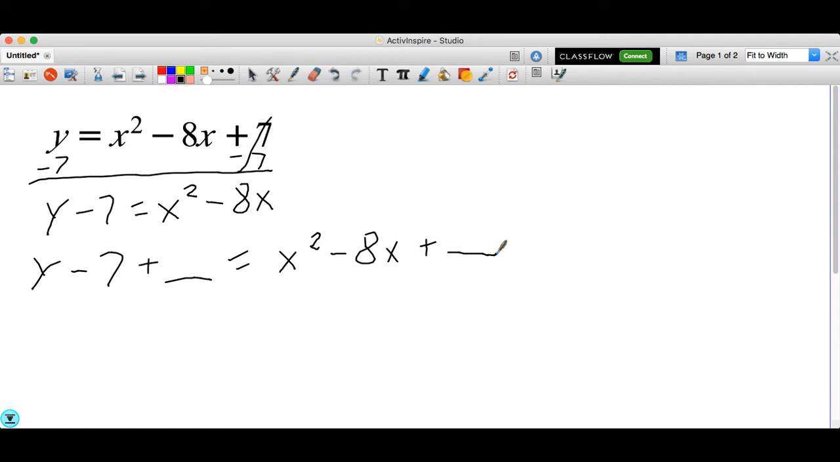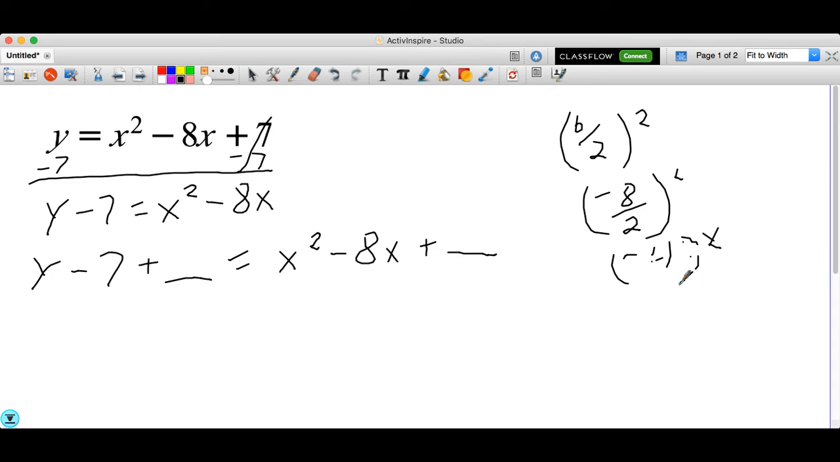And notice we haven't had to do anything on this right-hand side other than move 7 over because this has always been a 1 out front. That's going to be what changes today, so just get ready for that. So we have to figure out what number we're going to add here. So it's going to be the same formula of b over 2 quantity squared. That's going to be negative 8 over 2 squared. That's negative 4